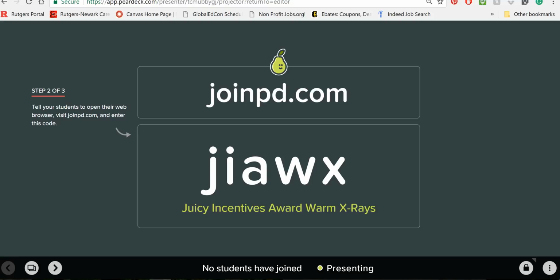So this is an overview of the Pear Deck functionality. Once you create your presentation and you access Pear Deck, it provides you with a code for the student participants to join. So I can just go onto Google and type in